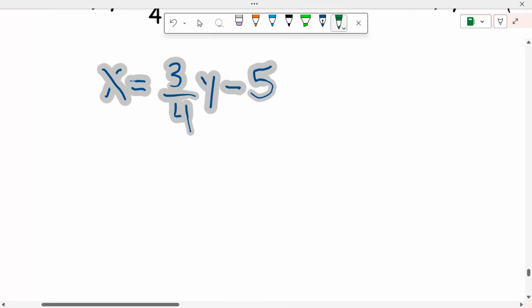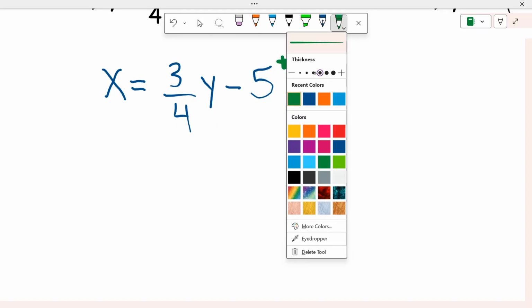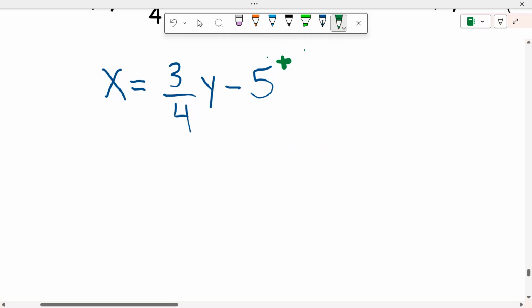So we add 5. So add 5 to both sides. And you don't have to show this step up here. I don't know you guys well enough yet to know where you're at. So I'm going to show all my work. You obviously wouldn't have to write that down. Okay, so now I have x plus 5 equals 3 over